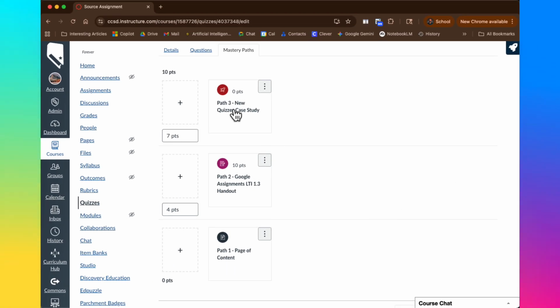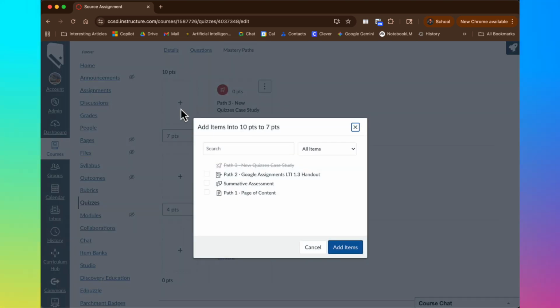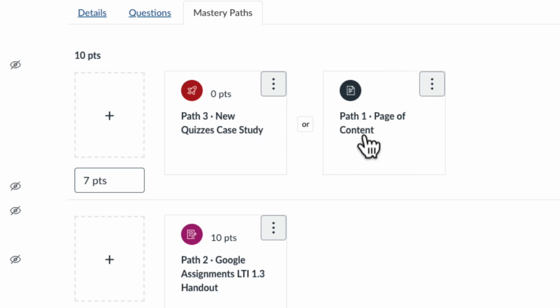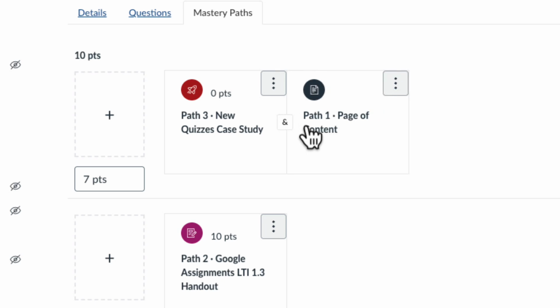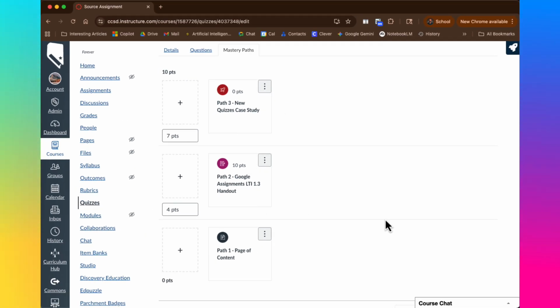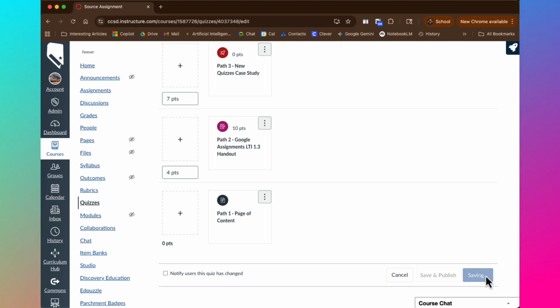If I wanted to add something additional here, let's say that the students that were 7 points or better here, maybe they're going to also get that page of content. Notice that there's this ampersand here between path 3 and path 1. I can click on that. I can give students choice here, or I click on it again. I can require that they do both of these things. But I don't want to confuse this, so let's get rid of that. We're going to have 3 choices in the end. Let's click Save,